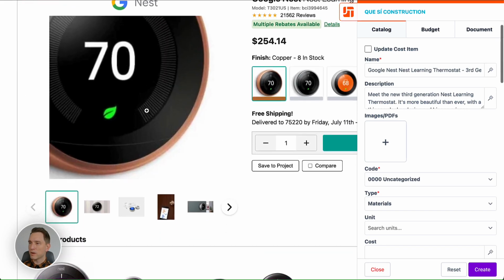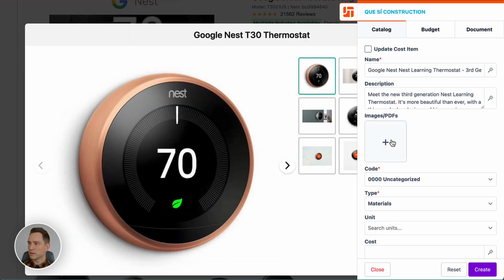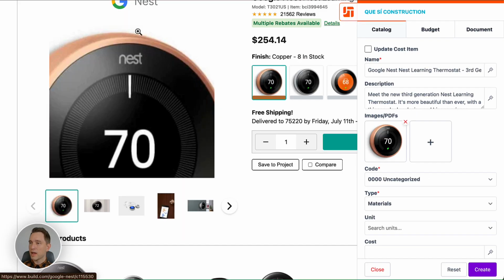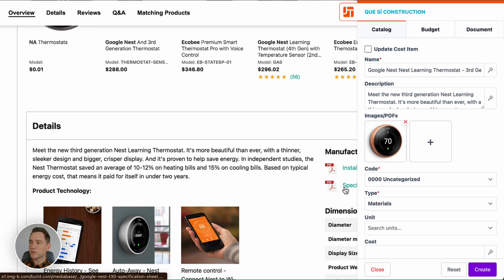We're going to come up here, click on the picture that we'd like to collect, click plus, hover over that picture, and then we're going to go down here to that specs PDF, and we're going to add that in the same way that we did the picture. All right, so now we've got a picture, we've got our PDF spec sheet,